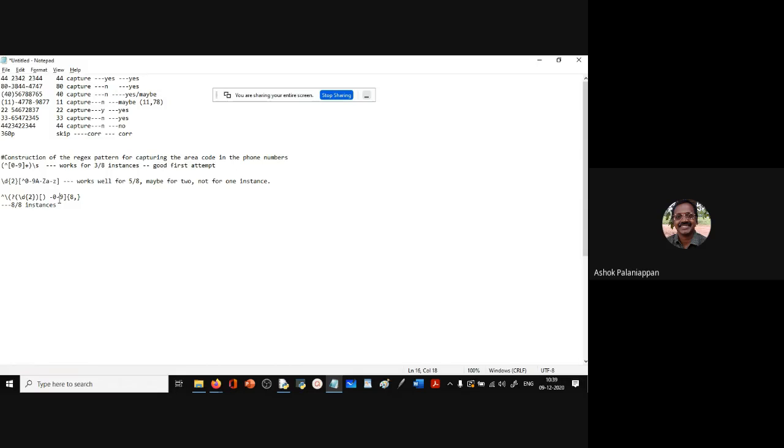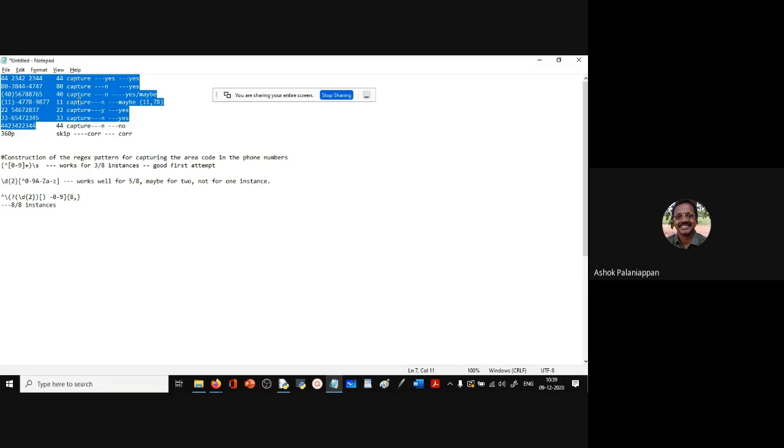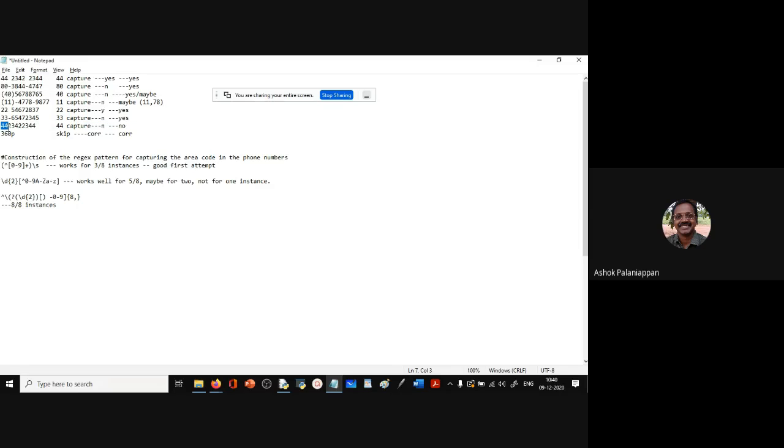Okay, sir. So what we are doing here is, we did not set out to parse every part of the phone number. The problem is only the area code. But we are forced to complete the pattern so that we ensure that the pattern does not match spurious instances in the data set. We do not want 360p to be a match for the area code of 2 digits. So if we specify the full pattern, it first checks it's a valid phone number, and then from the valid phone numbers alone, it extracts the first 2 digits. So that is the logic.